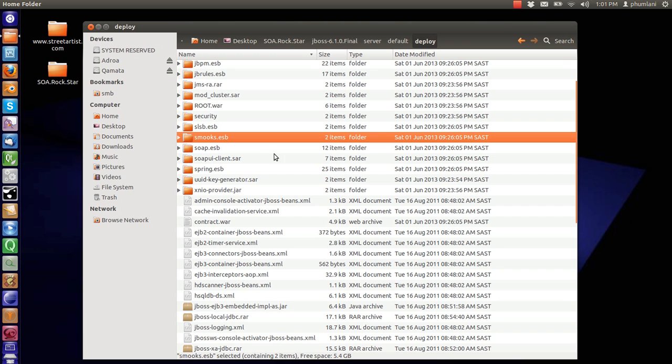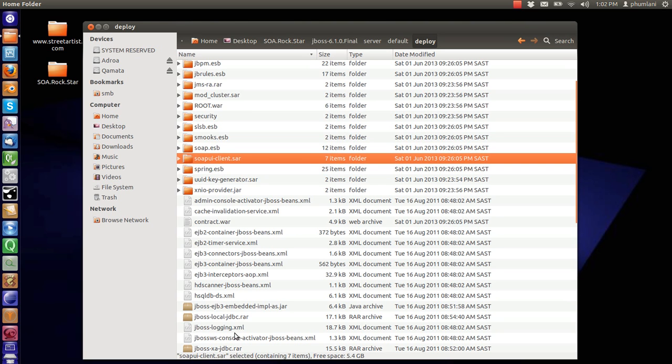And then Smooks is a general utility framework or transformation framework, depending on who you ask, but I like the first description, general utility framework. That also transforms things. Later on we're going to do message transformations where we have a message coming in, and we want to change something or add something to it. We're going to use Smooks for that. And then that's for SOAP support. SOAP client,